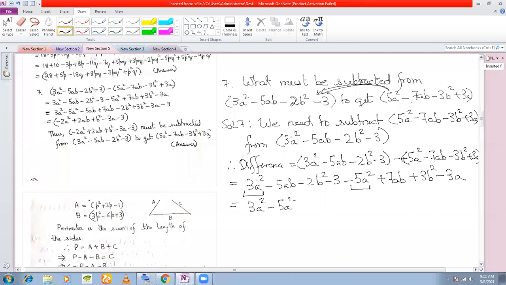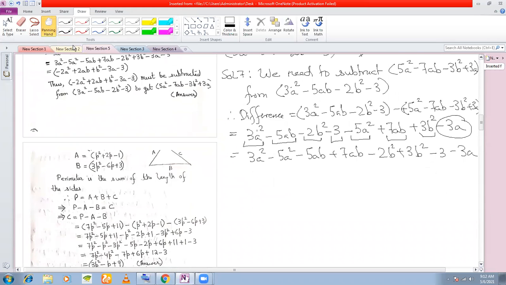Okay. What else is there? Next term is ab. So what are the ab terms here? You see a minus 5ab. Any other ab's here? Yes, there is a 7ab also. So minus 5ab plus 7ab. And then you have minus 2b square. Any other b square there? Yes, there is a 3b square also. Minus 2b square plus 3b square. Okay, next you have a constant term, minus 3, right? Any other constant terms here? No other constant term. So minus 3 remains alone. And the only term that is left here is minus 3a. So we write this as it is.